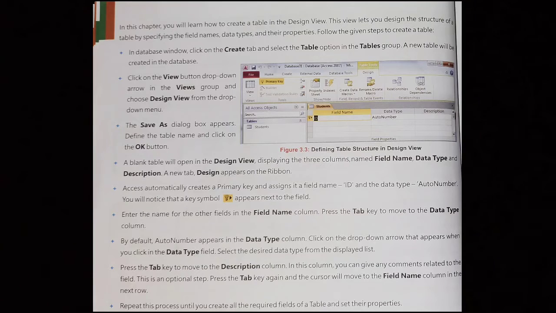So to create a table in design view, it has some steps.